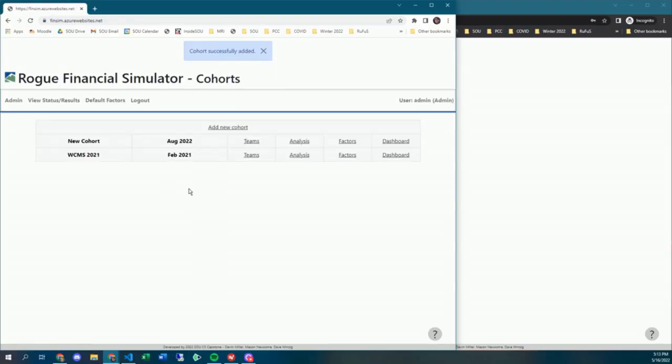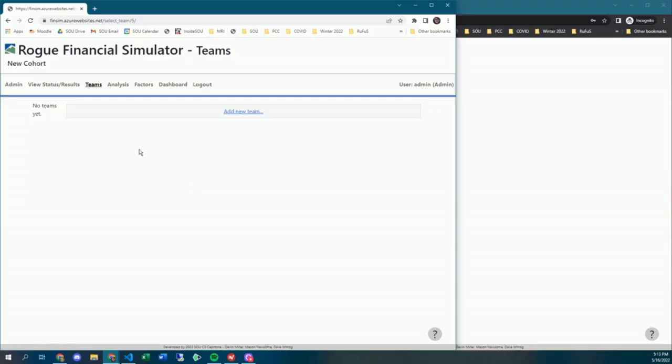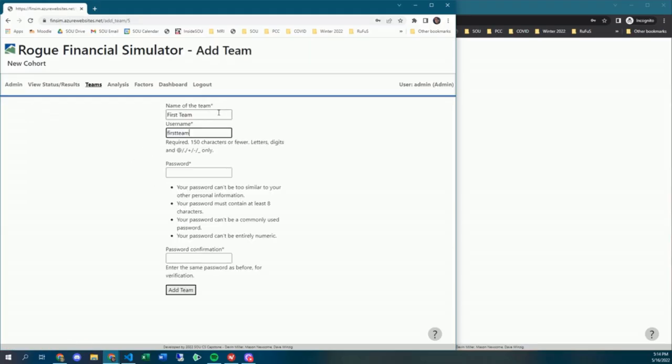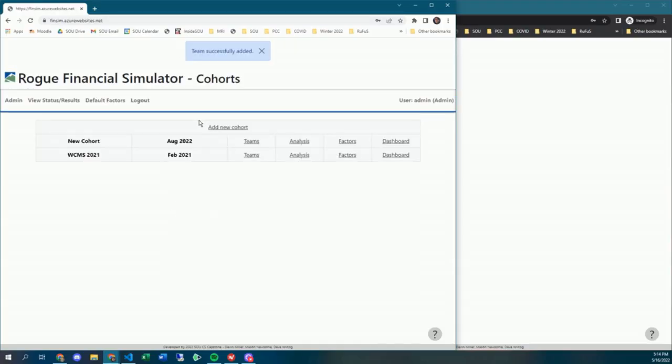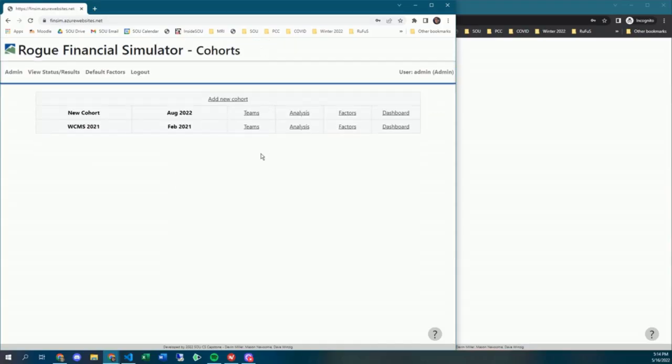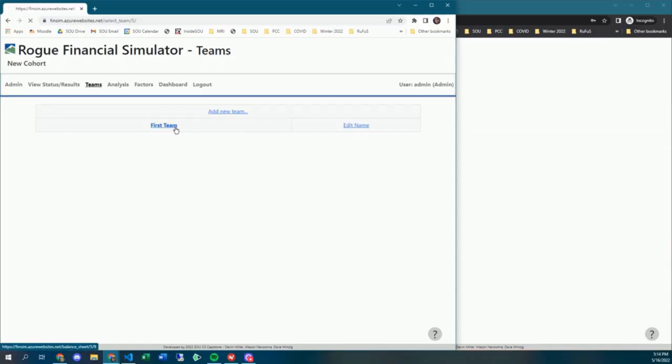All right, we've added our cohort. Now let's see about teams. All right, new cohort, no teams yet, so why don't we add a team? All right, we've successfully added a team, but there's nothing really to see yet. So why don't we